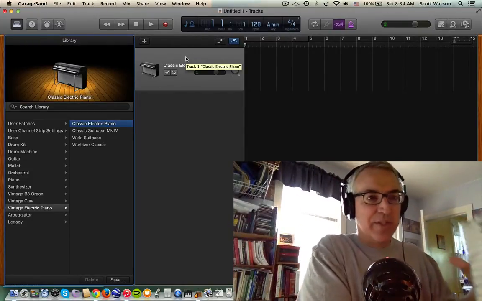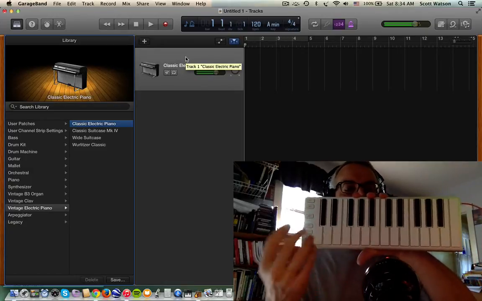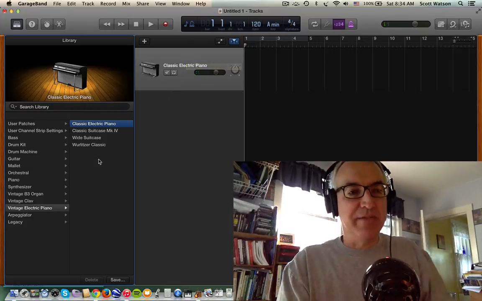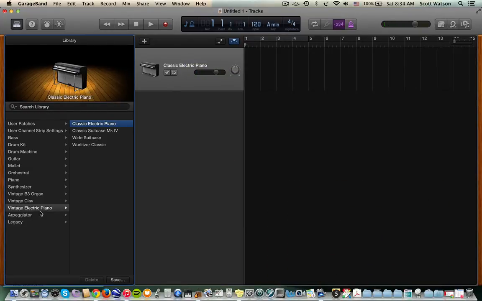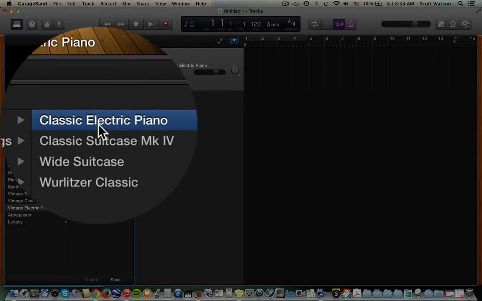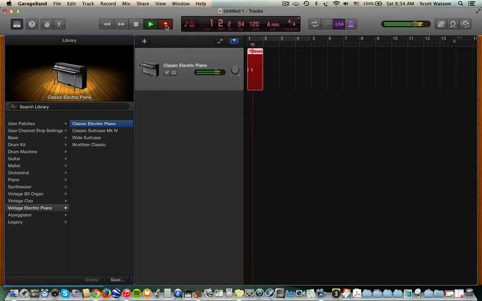That means that we're going to use a controller like this, and when I press the key, it triggers a virtual instrument in GarageBand. The virtual instrument right now is the Vintage Electric Piano category, Classic Electric Piano. So if I hit record and play my keyboard,